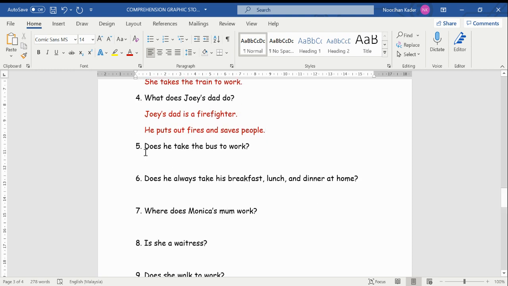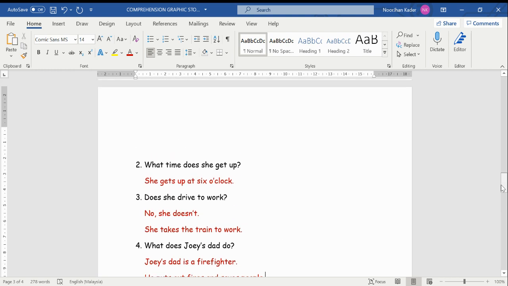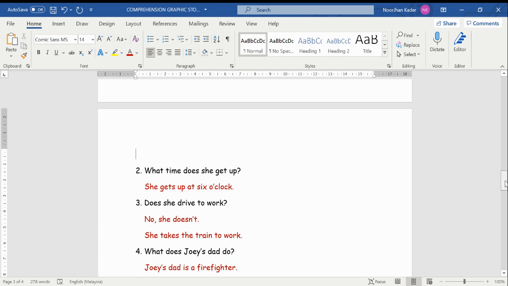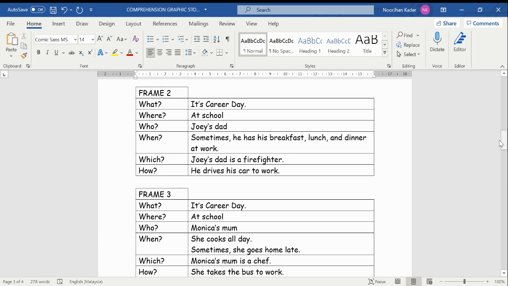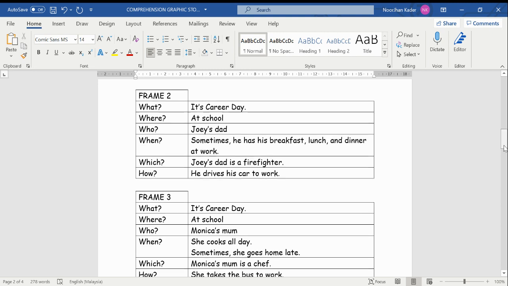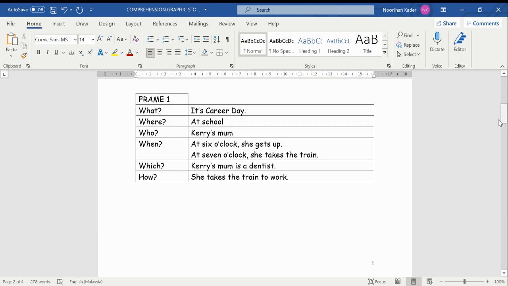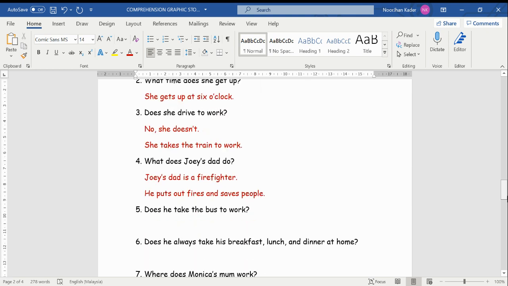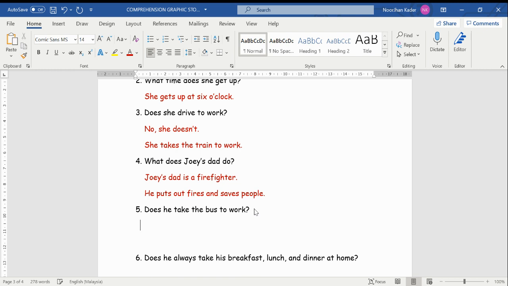Number 5. Does he take the bus to work? So now you have to state or refute. Let's see. Frame 2. He drives his car to work. We don't have to look at the picture because it's already stated in the table. He drives his car to work. Does he take the bus to work? So again, you have to refute. So you say, no,